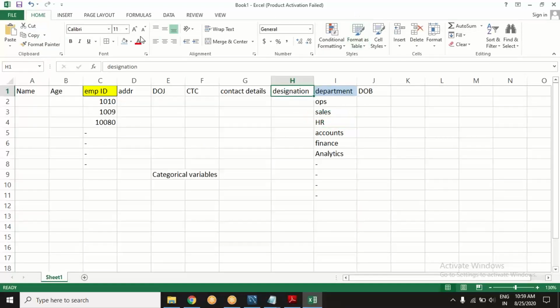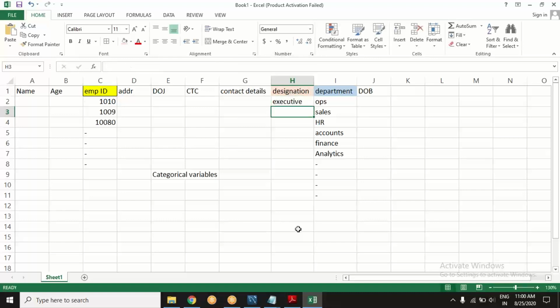Check this out. Designation. What will be the designation of these 1000 employees?